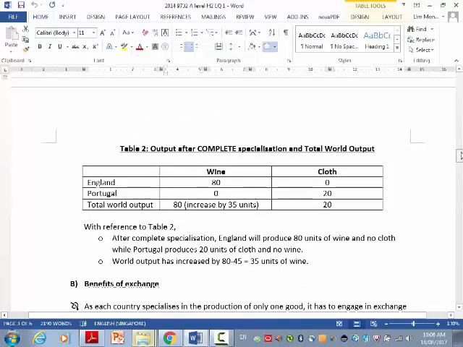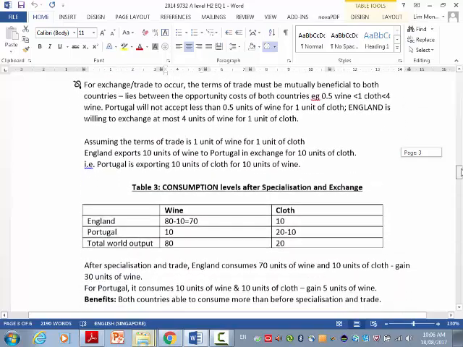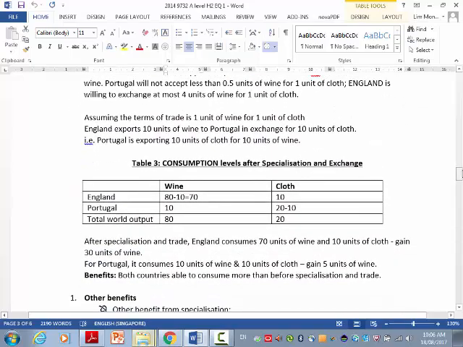That's also a benefit, provided it's produced by one firm. But here we assume production by one country. It can be spread across different firms, and we are not even bothered about that when we talk about the theory of trading here. So you should not bring in other irrelevant concepts that are not applicable in this context.